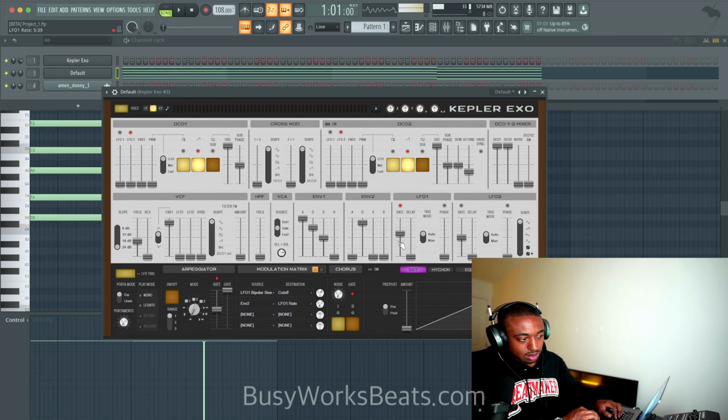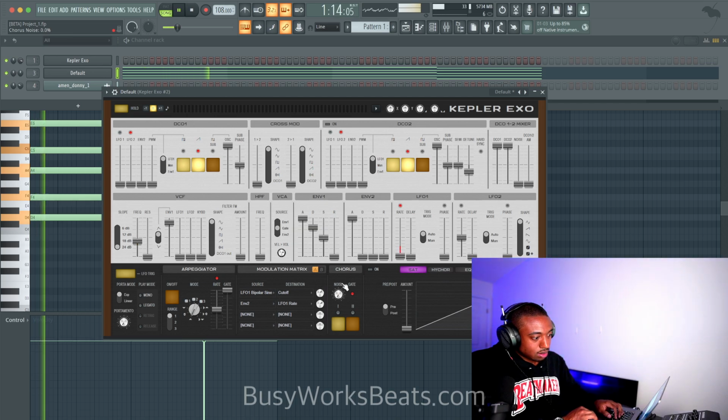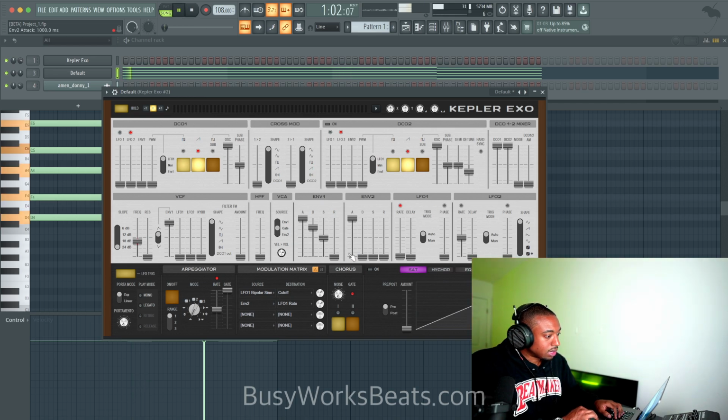What helps is the red icon. It helps me know what's actually going on. So let's flip this. If I'm right, envelope 2. Oh, that's the attack time. Okay. As you can see, the rate goes up. This is the maximum rate value, and the attack time determines how long it takes to get to that max value. So that's an interesting effect.